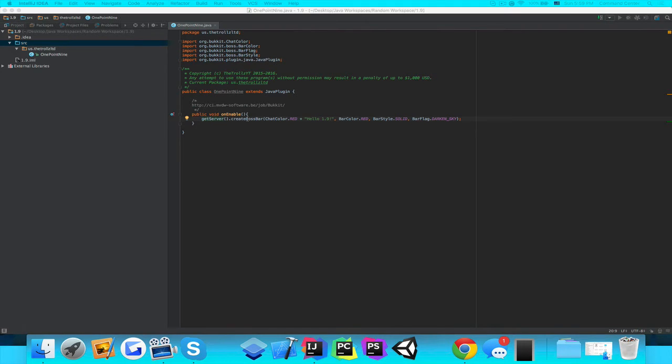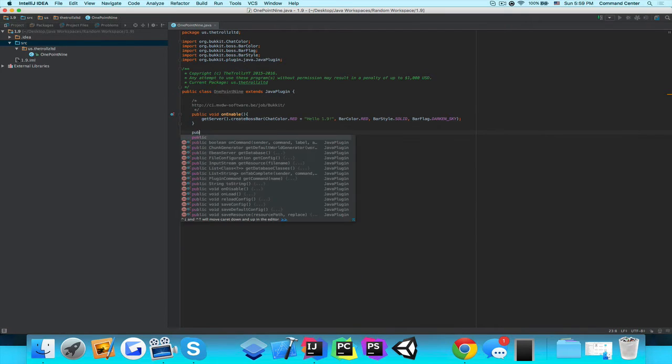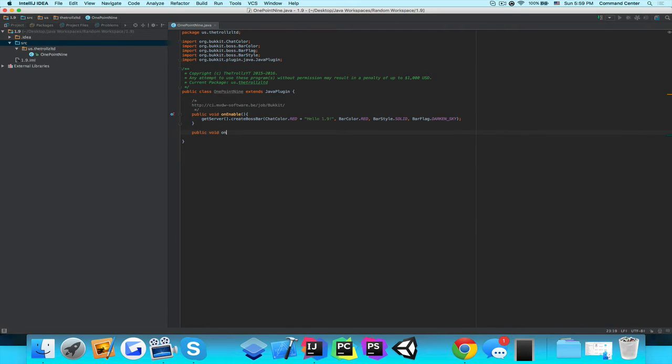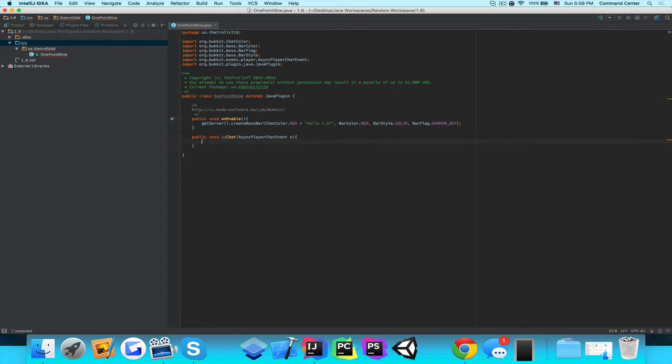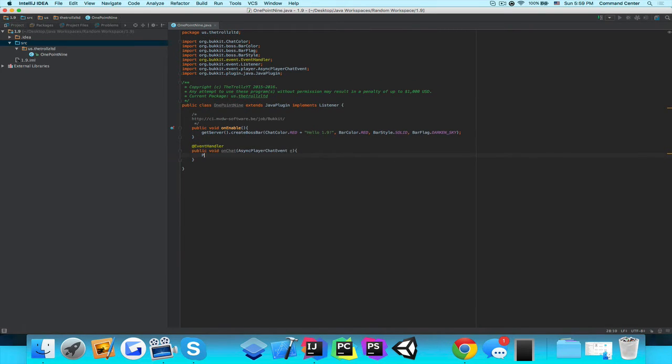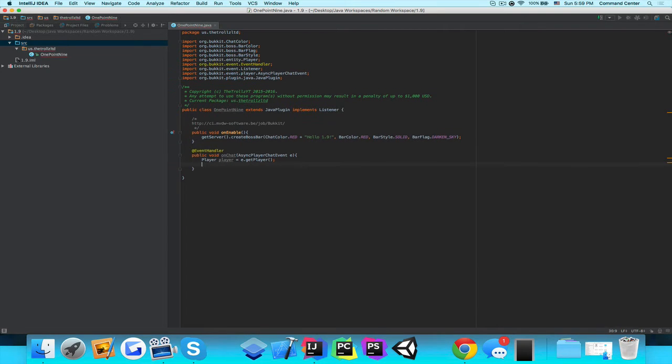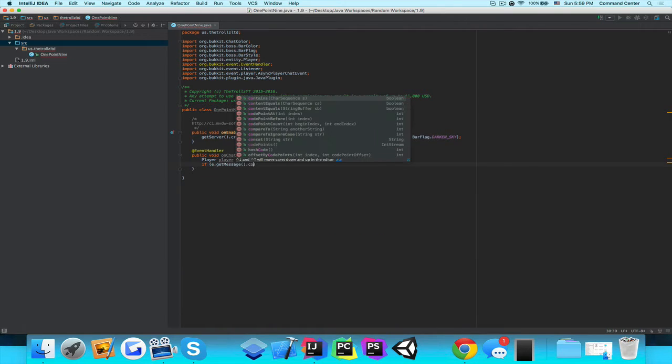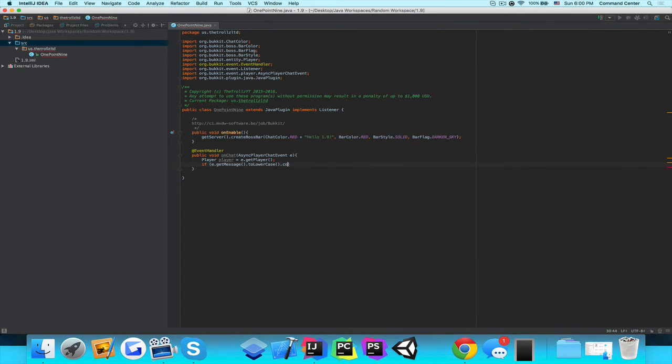We can make entities glow, which will be pretty cool. So let's go ahead and make a quick chat command here. So public void onChat, AsyncPlayerChatEvent. This is just our simple command stuff that you don't need to do through chat, but that is how we're going to be doing it today. Let's go ahead and import all of our stuff here. EventHandler, Player player equals e.getPlayer. If e.getMessage().toLowerCase().contains("glow"),